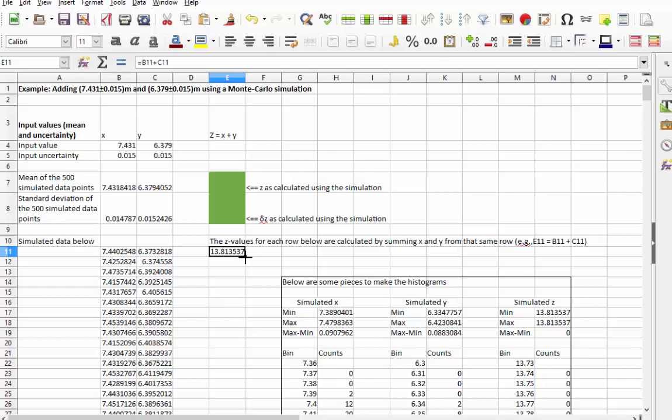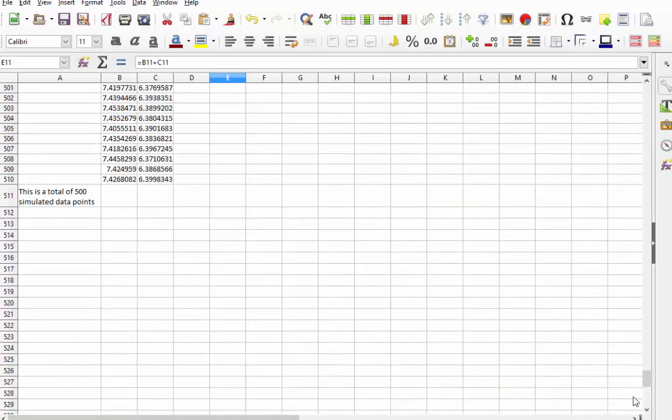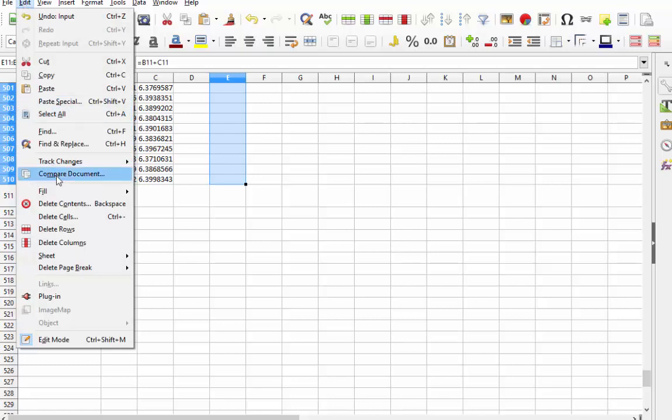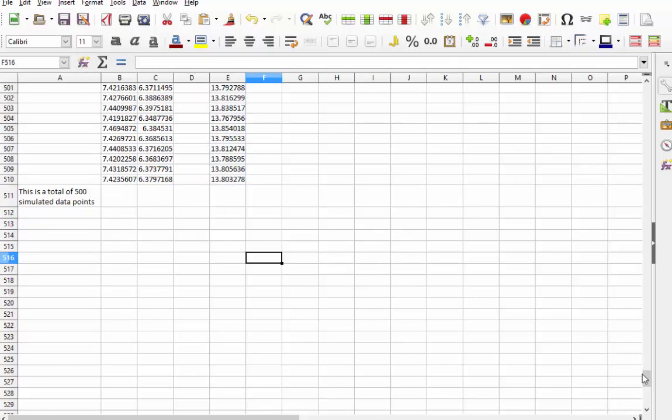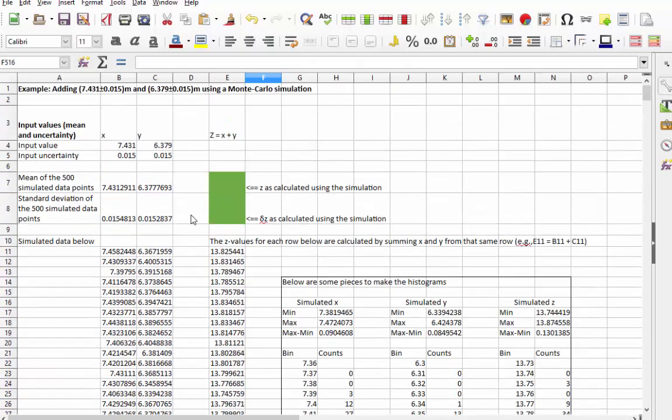Quick trick, you can, oh, it doesn't work here, never mind, not a quick trick. I'm going to go all the way down to here, and instead of copying and pasting, I'm going to fill down, which does the same thing as the copying and pasting would have. So now I have a whole bunch of values here for my z is equal to x plus